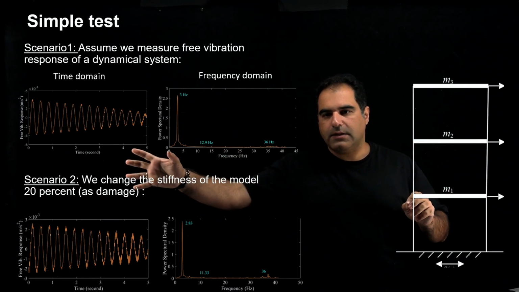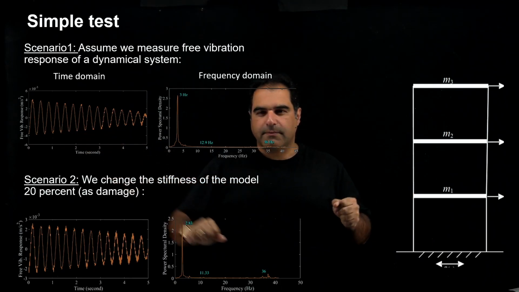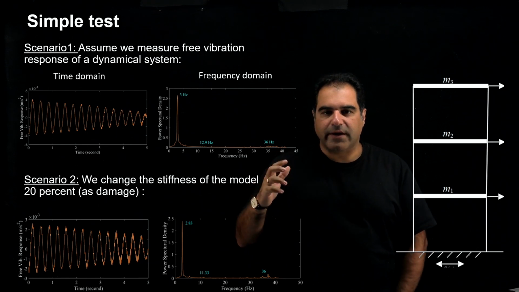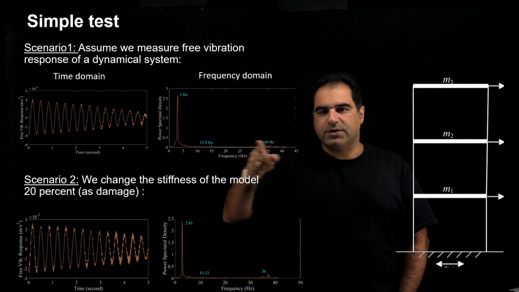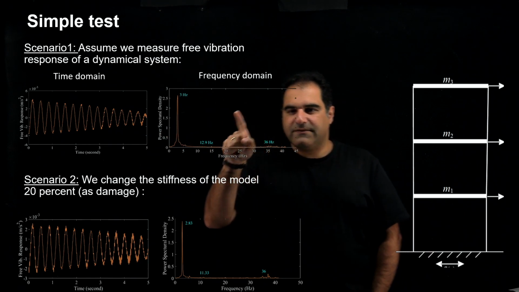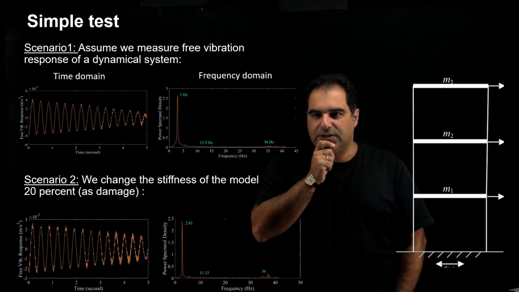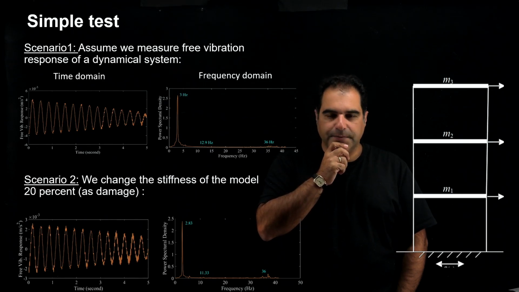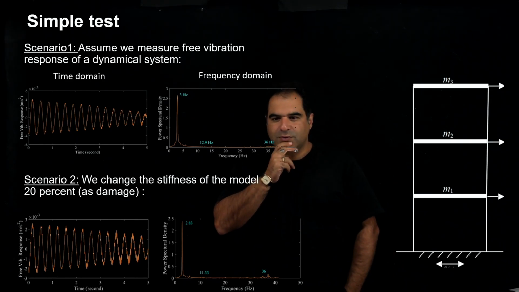building. You see it on the left side. I calculated the FRF of this free vibration response, and you see the first three natural frequencies are 3 hertz, 12.9, and 36 hertz. What I do,